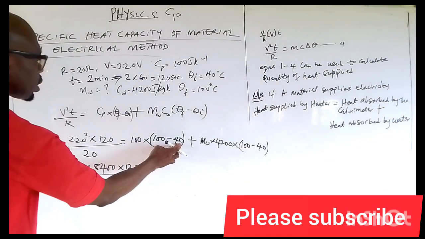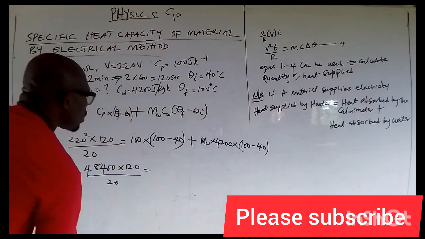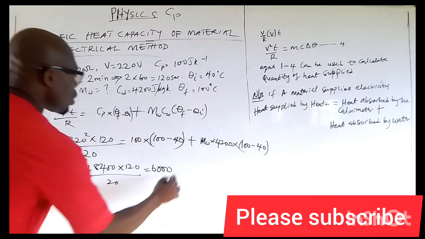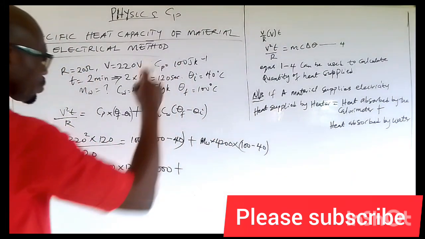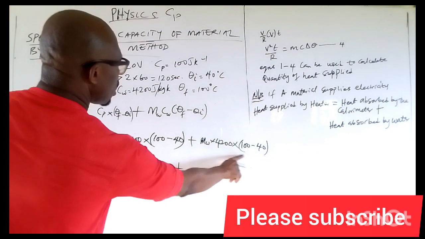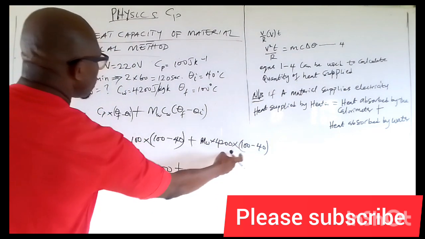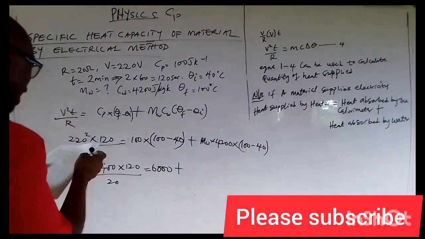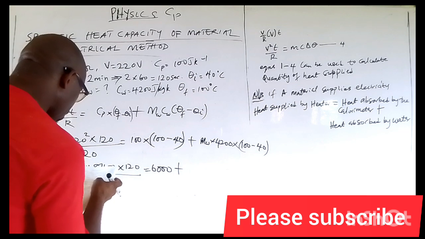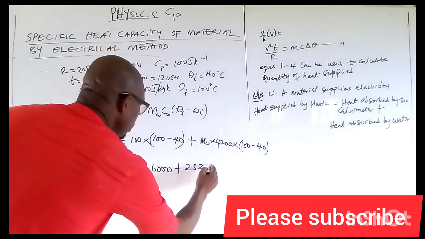This 100 minus 40 is 60. 60 times 100 is 6,000 plus mass of water times this. Let's take this one first. Inside here, it was 60. 60 times 4,200 times mass of water will give us 252,000